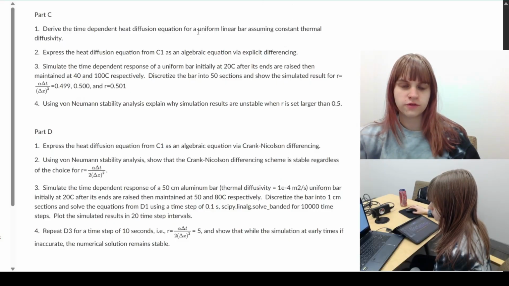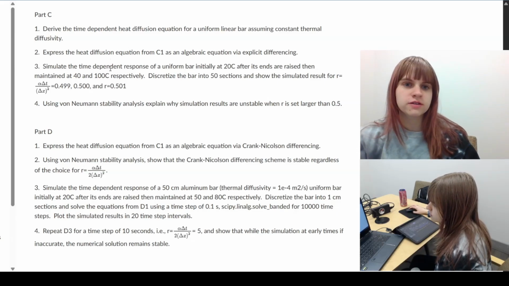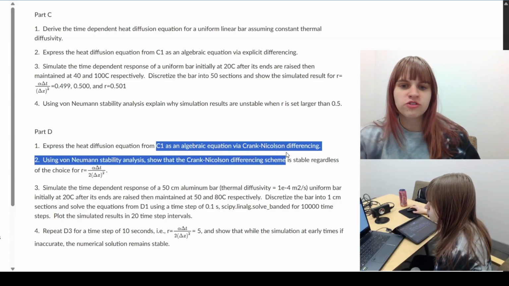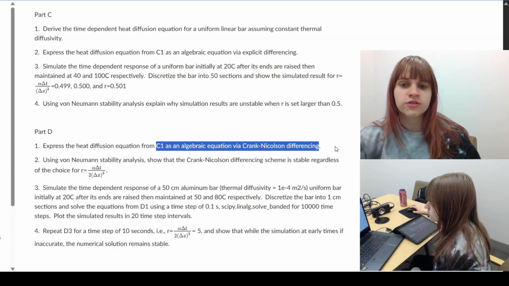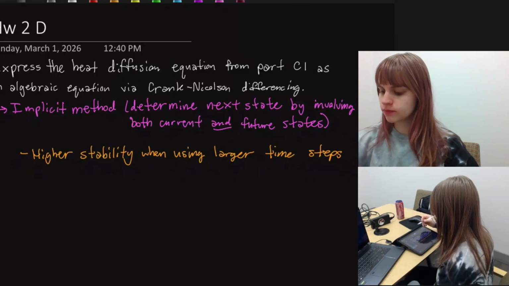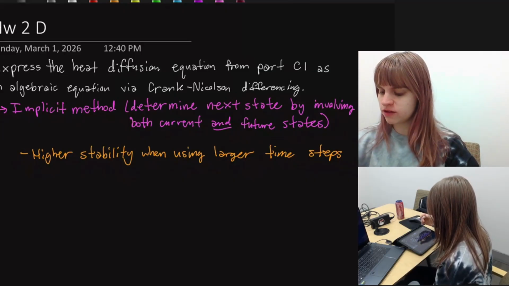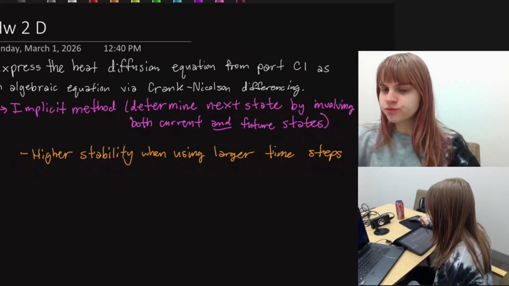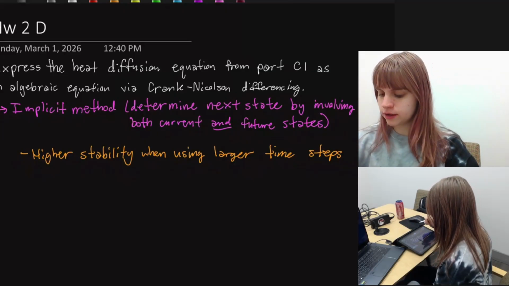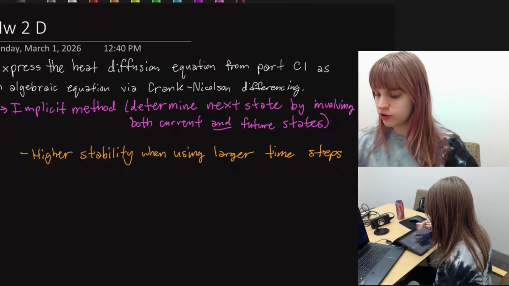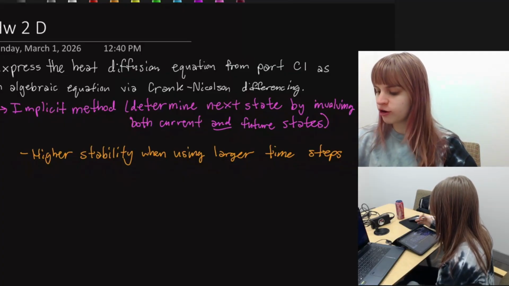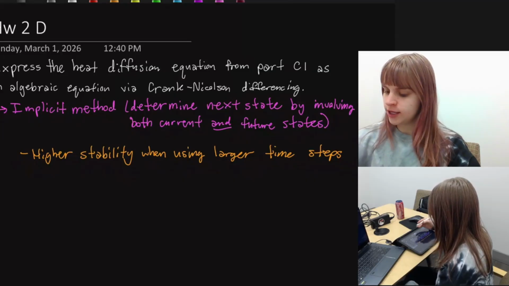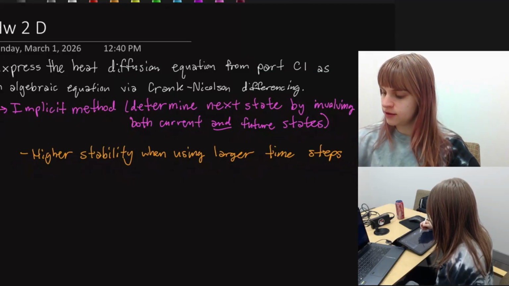As I was saying, the first thing that we're going to do is express this heat diffusion equation from part C1 as an algebraic equation via Crank-Nicolson differencing. Our previous method was an explicit method in which we were just taking our current spatial node and then looking at what would happen in the future. But now what we want to do is this implicit method,